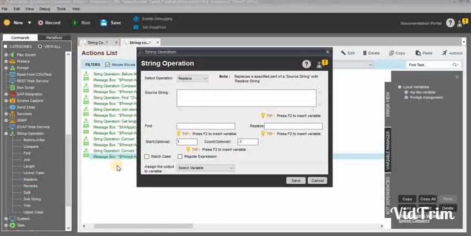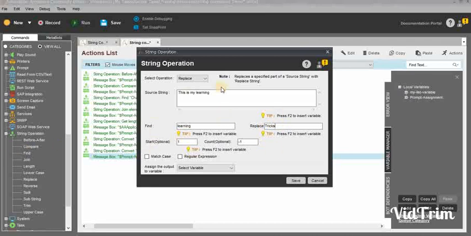Replace. Using this option you can replace any kind of text. I'll use the same example: this is my learning. I want to find a particular text in the source string. In the source string I need to find learning, and if the particular text is available, then I need to replace it with tricks. Okay.